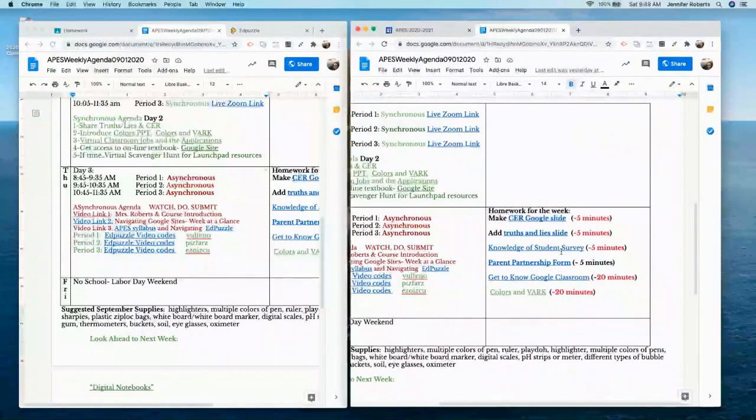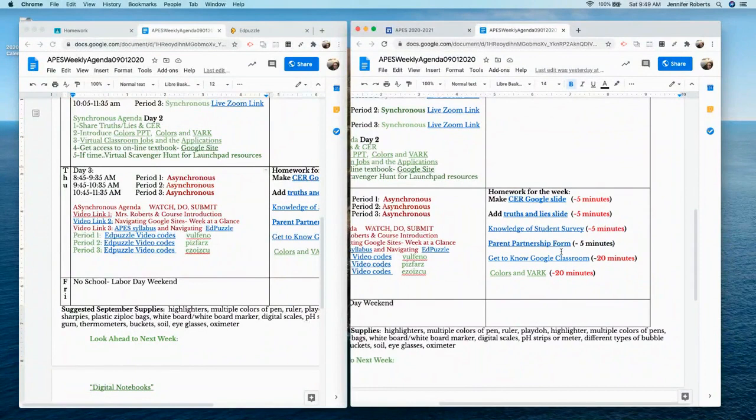And then down here, approximations. A lot of times students are spending way more time than is expected on some of these tasks. So these are approximations of how long it should take you to do these homework assignments, and these are all